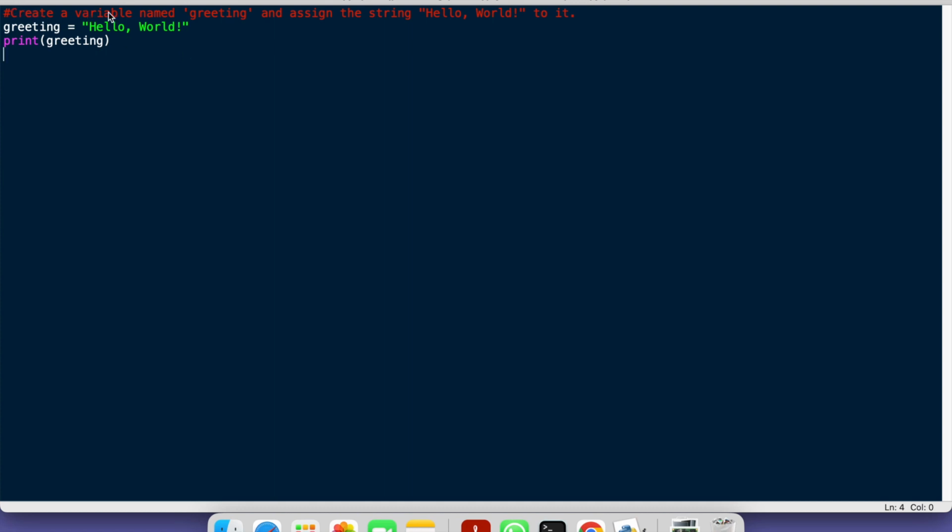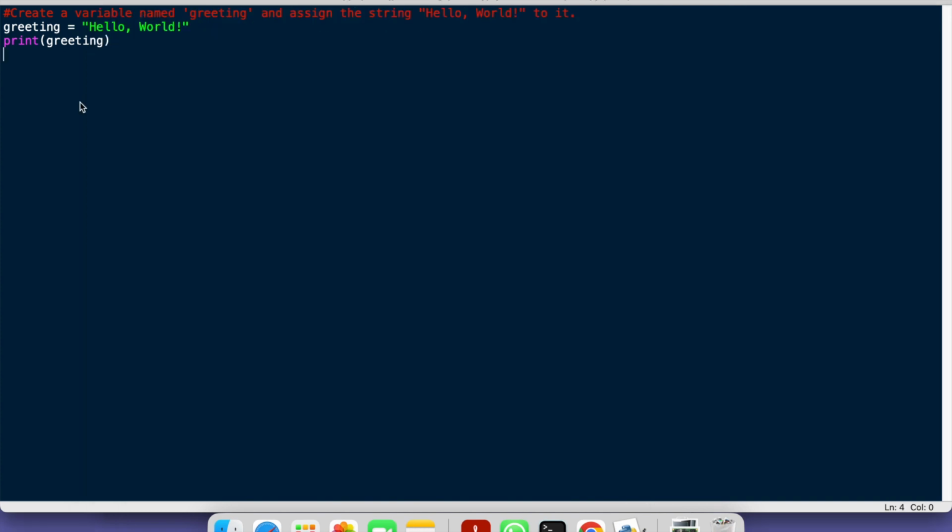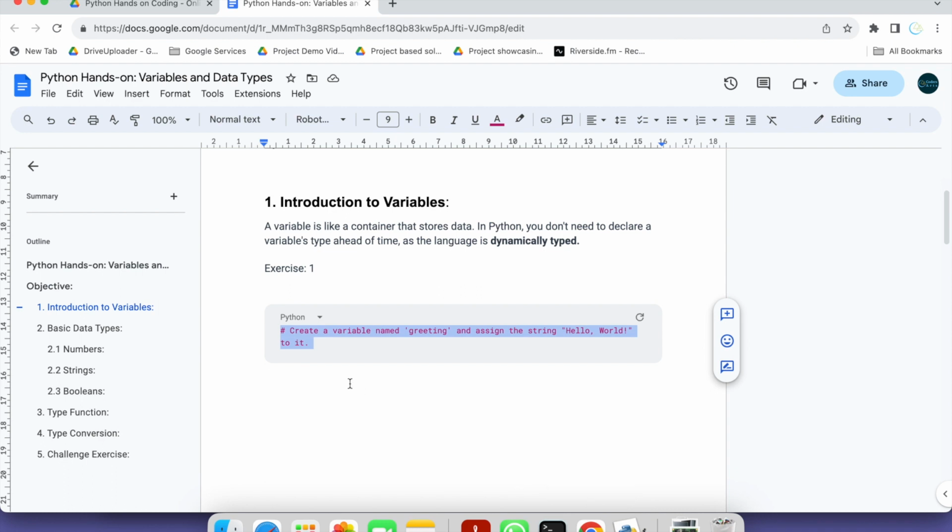You can recheck: create a variable named greeting, so this is the greeting variable name, and assign the string hello world to it. Okay, so the hello world string we have assigned to this variable. So with the help of the equal to sign, we can assign any value. Okay, so just like normal math. Let's run it. So you can see this is our output. Okay, so this is the very first program. Okay, so in the next program we are going to see